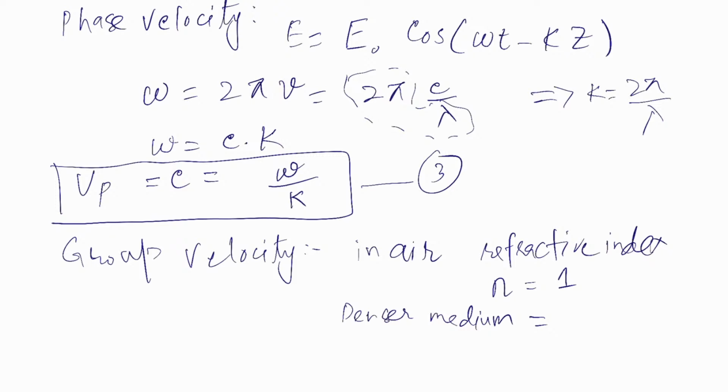Okay, thank you. So the group velocity, when you are in the air, you have n is equal to 1. So let's say you have n here. Let's name it n1. So this is 1, so it's not going to make any difference. But when you are in a denser medium, which is greater than 1,